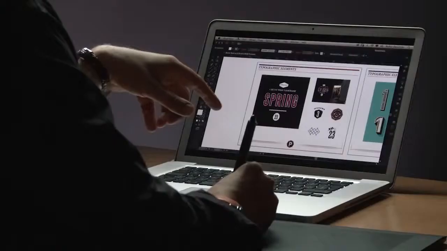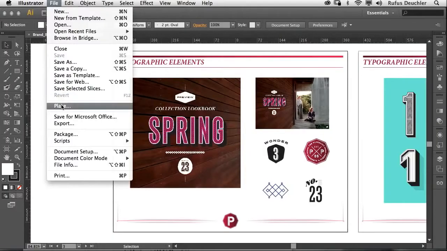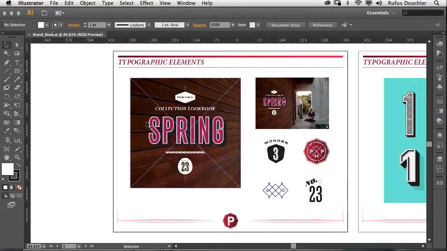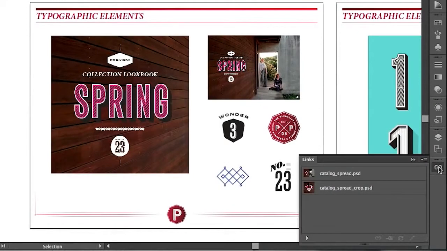In Adobe Illustrator, not only can you create beautiful vector graphics, but you can also link external images. The way you do that is by going to File and placing images. That can be photographs in JPEG format, in the PSD format, etc. So raster images, basically. And once we've placed those images, we will also see those right here in our links